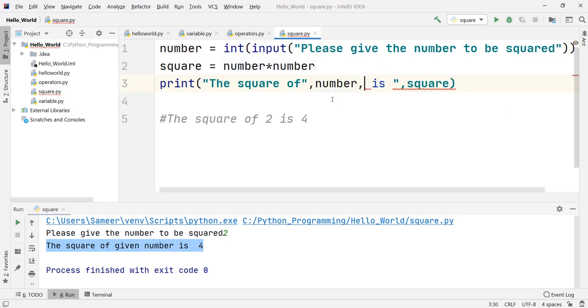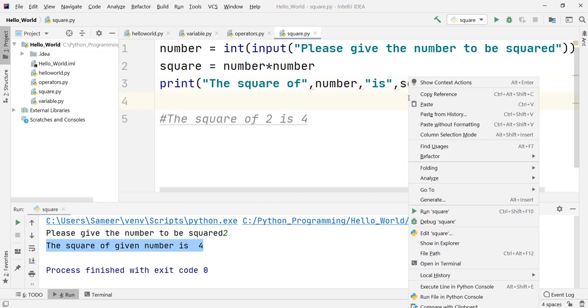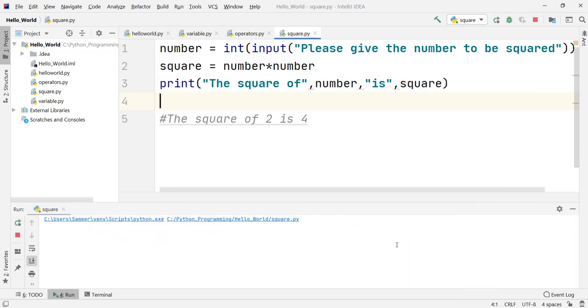So I'll have to put this variable as it is. Again I'll have to put a comma, and I want to have "is", right? Okay, so what I'll have to do is, this quote is already there, so what I can do is I can put one more quote here. You should have guessed what the output would be: "The square of", then the comma, it will print the number whose square it is, and "is", it will print the output square. Let us see whether we are getting the desired output or not.